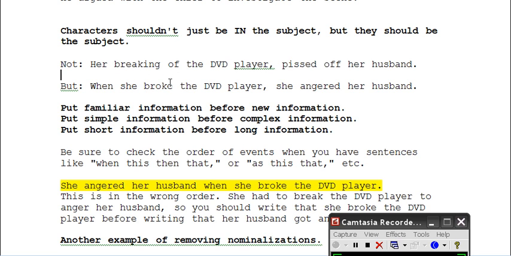So in this case, you have matched the verb for the action. So she broke, and then you have the object. Notice you get right to the point. She broke the DVD player. There's like nothing in between there. But sometimes you'll have longer subjects, longer things happening. Anyway,